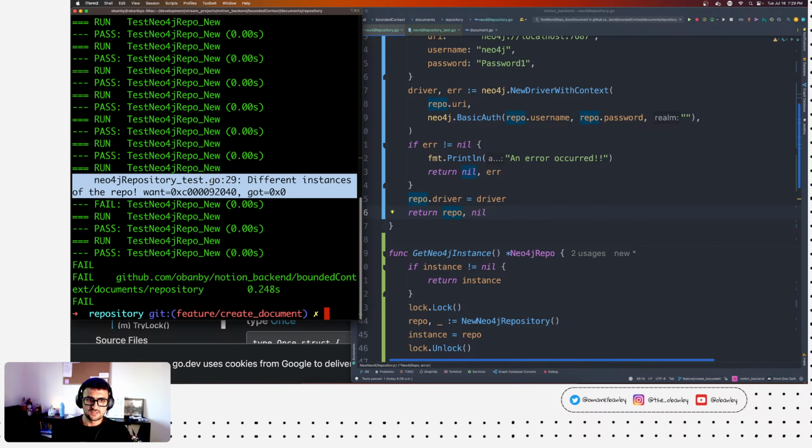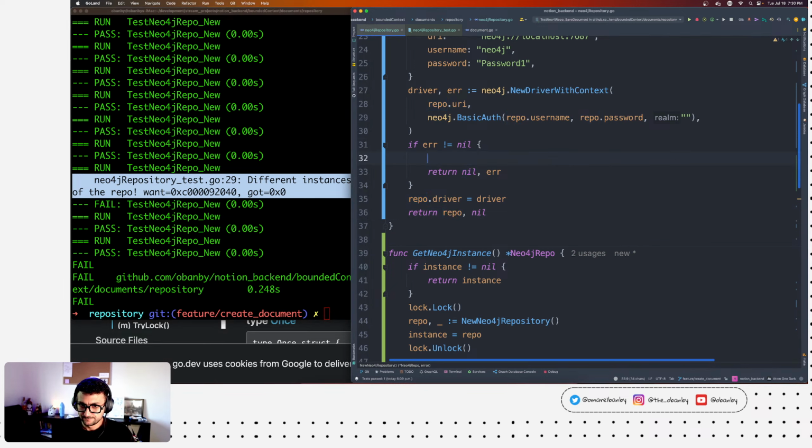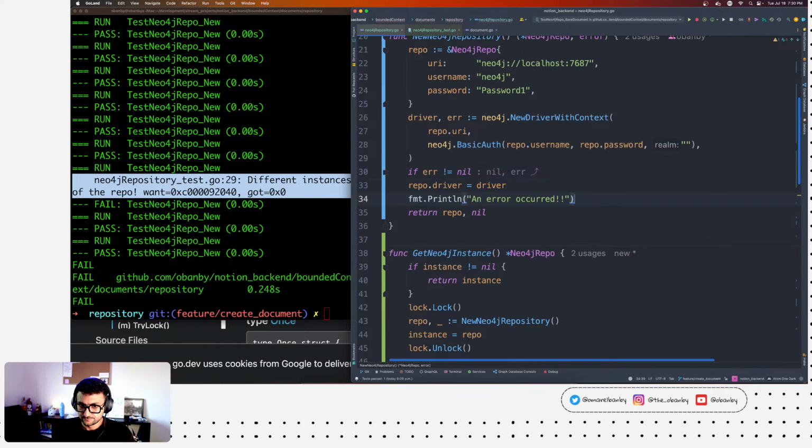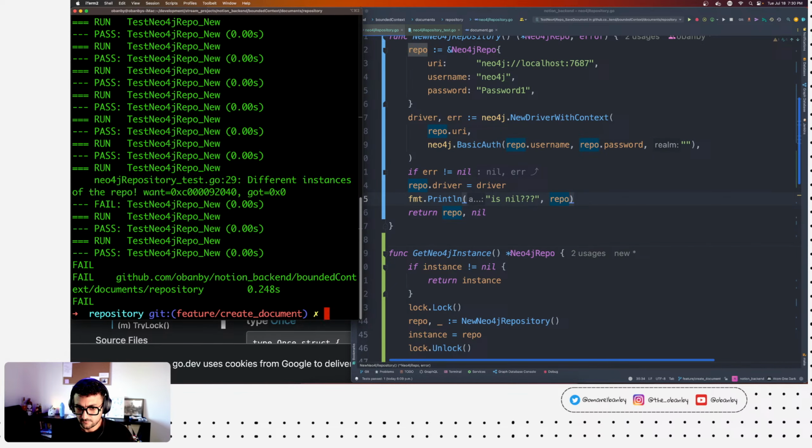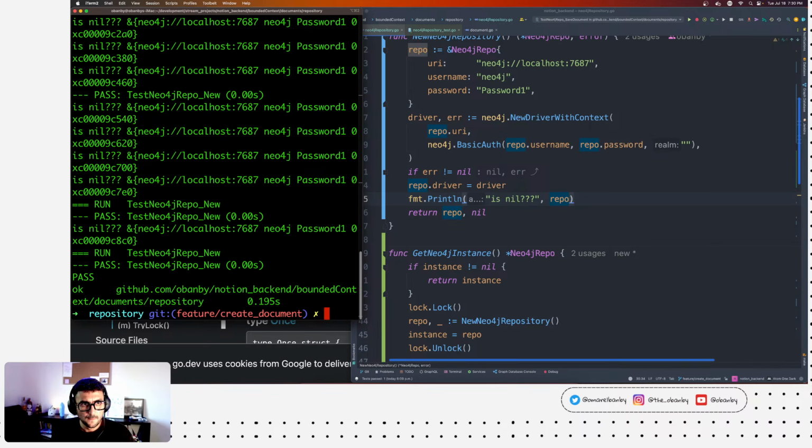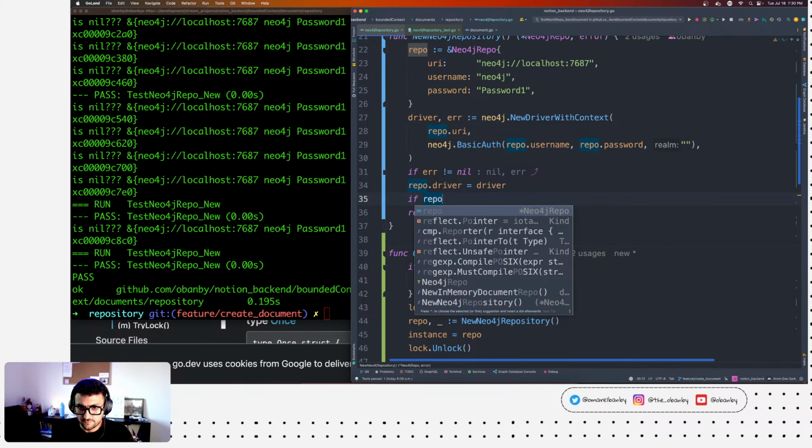So what triggers it to return a nil? Okay, so here if repo.